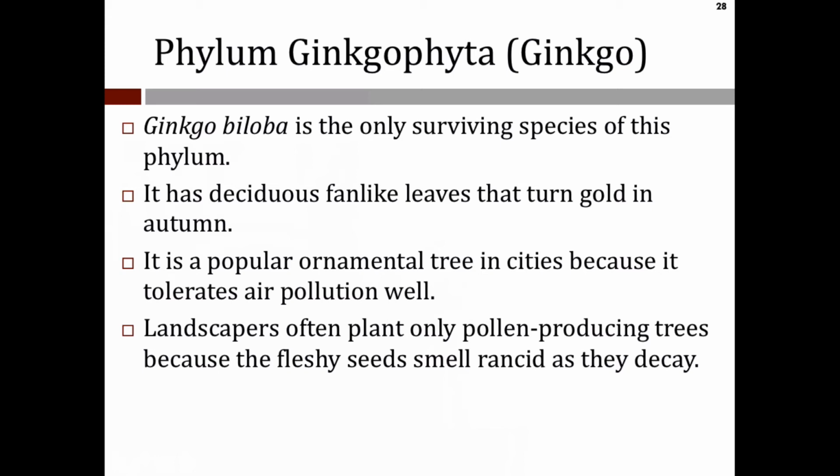So I just gave you a term there. Ginkgo biloba is known as being dioecious. When I say that it is dioecious, I'm meaning that it has separate male and female plants. The male plant produces pollen. The female plant produces seed. In other words, the plants that I planted will produce, of course, only pollen because those rancid seeds,